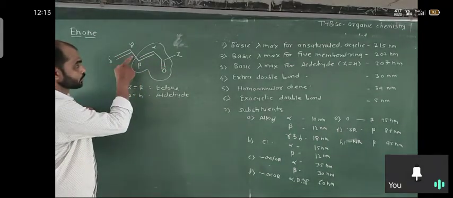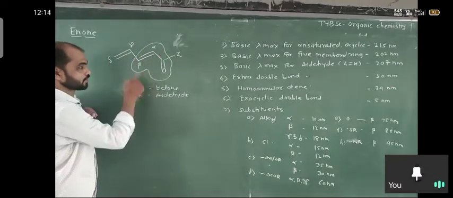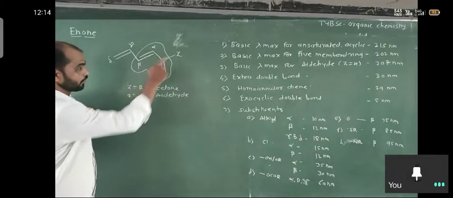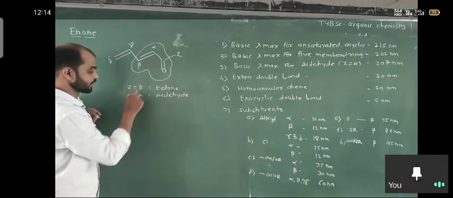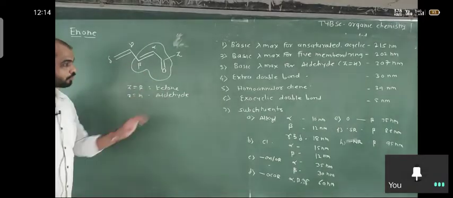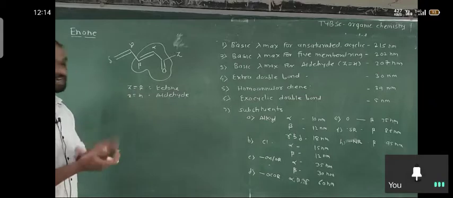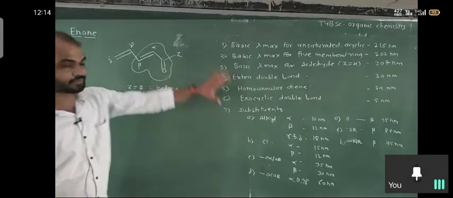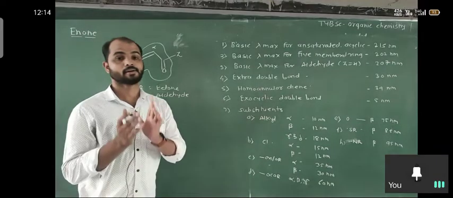This double bond is also there, but it is an extra double bond in conjugation. So this is our basic system. It is the enone. If Z is R, it is the ketone. If Z is H, it is aldehyde. So to calculate the lambda max for such type of system, the rules are given, and according to rules, we can calculate the lambda max.